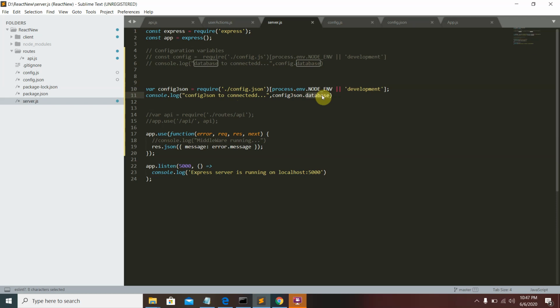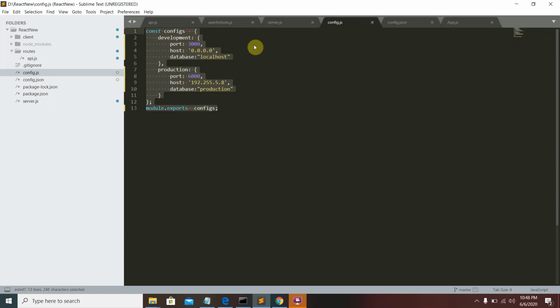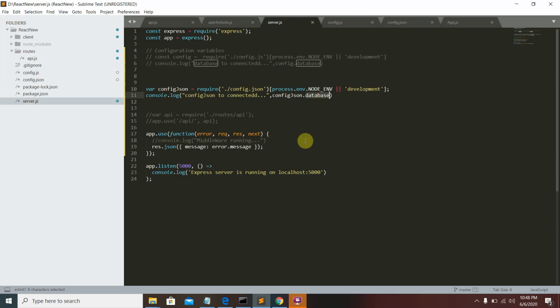For example, in the production system we want to send email to multiple users, but on the development server we want to send email to only two persons for testing purposes. So we can write our email settings so that if we are running on development, we set two emails here, and if on production, we set the full email list, so that email is sent according to the system.